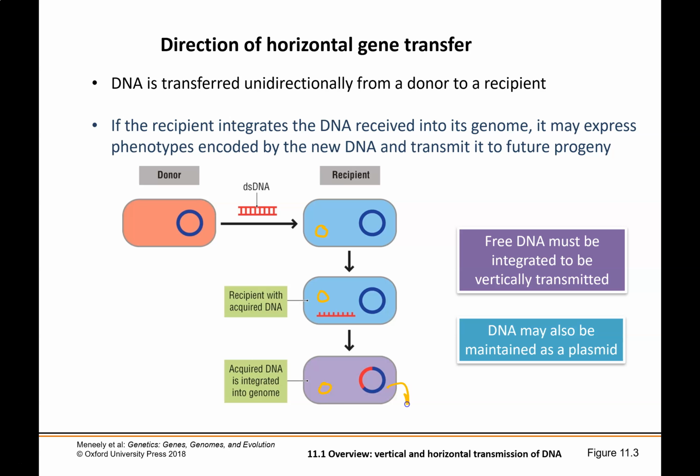If the piece of DNA is integrated into the genome, then it is going to be transferred vertically. That means it's going to be transferred to all the offspring. The plasmid, if it is maintained in the cell, may be transferred vertically as well, but not necessarily, because that plasmid can be lost. But once it is integrated into the genome, whether that's plasmid information that enters the genome or genomic DNA from the donor that's integrated into the genome, once it is integrated, it's going to continue to be passed on. It's going to be part of that coding DNA of that bacterium.